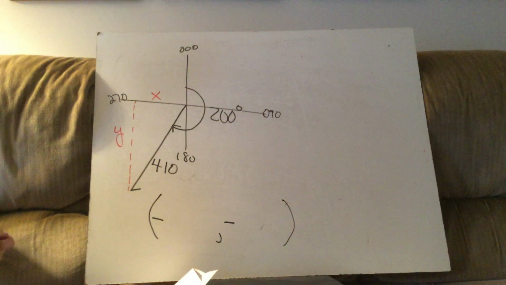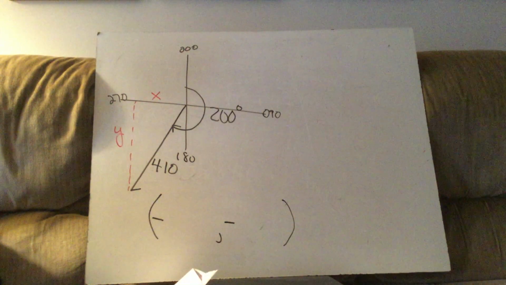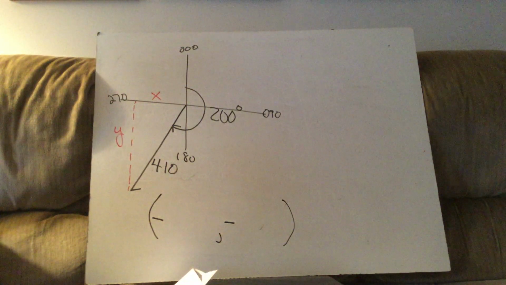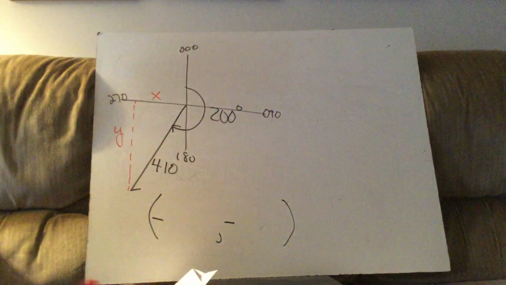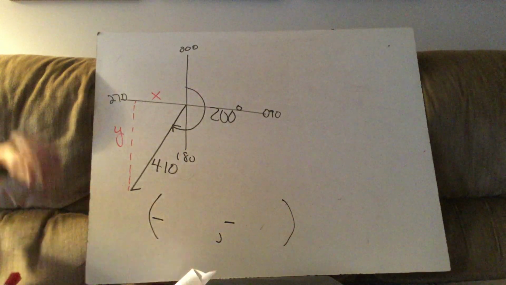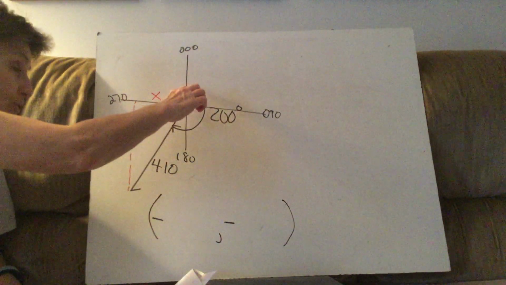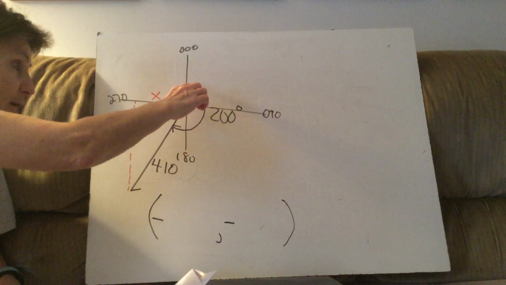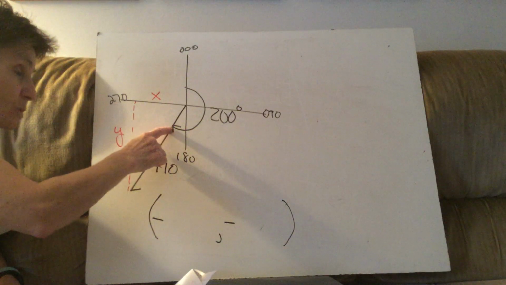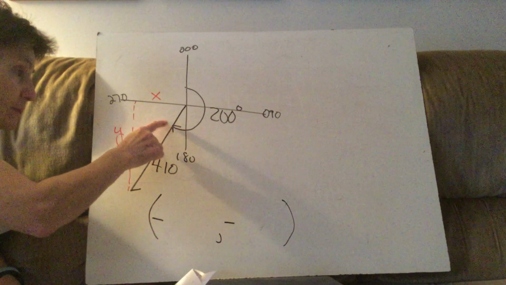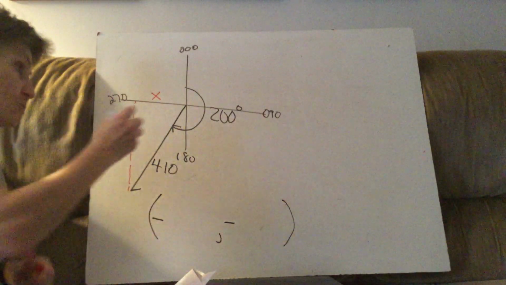Okay. Now, before I can find x and y, and I'm going to use SOH CAH TOA, my cosines and sines, I need to know what this angle is right here. So again, I'm relying on your common sense. I'm relying on you having a fully engaged brain, and you're looking at the situation and saying, okay, from here to here was 200. So what would this have to be? Well, I'm hopeful that you're saying 70,